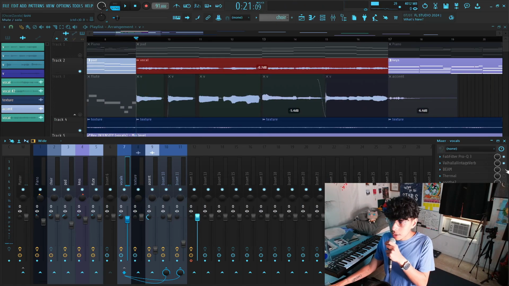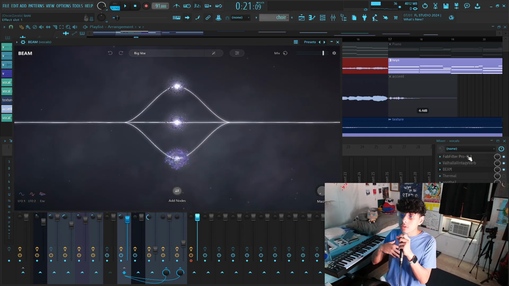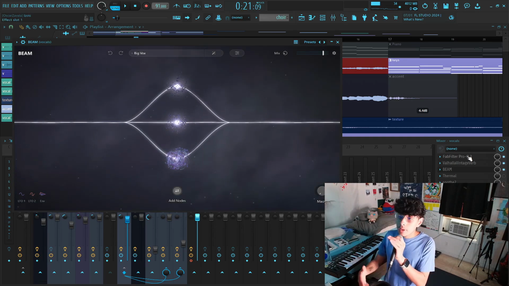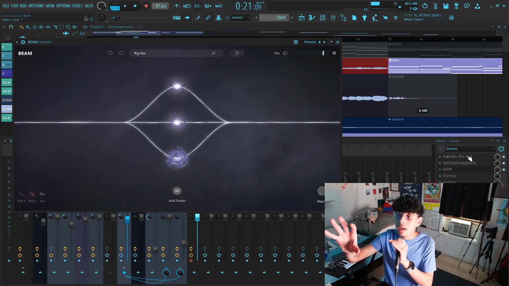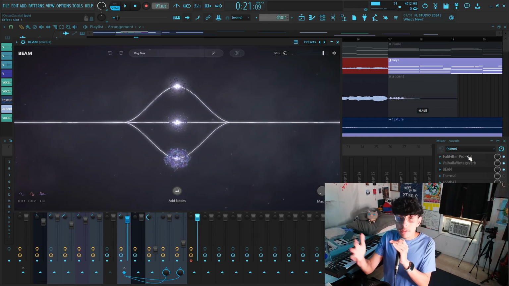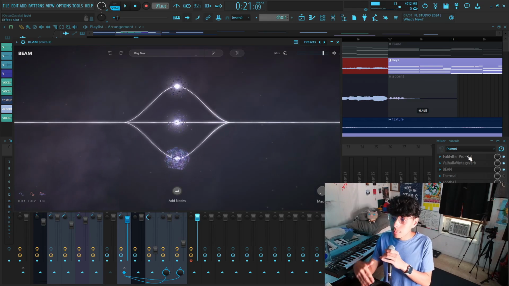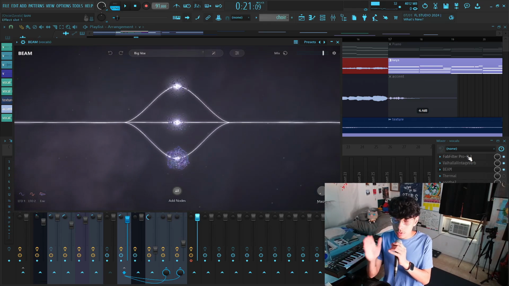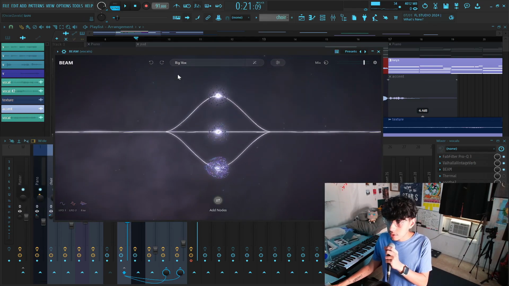Then I added Beam. If you watch some of my other tutorials, you have seen this before already. Beam is a granulizer plugin by Lunacy Audio, the mother fathers that made Cube. I'm pretty sure you've seen that VST. It's dope. The reason I use this one on vocals mostly is because of this singular preset right here, Big